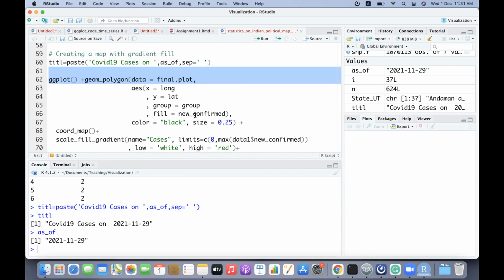Each state will create a polygon, and that whole polygon will be colored by the new confirmed value. Whatever the number is will be mapped to a particular level of color, and that color will be filled in. Okay.